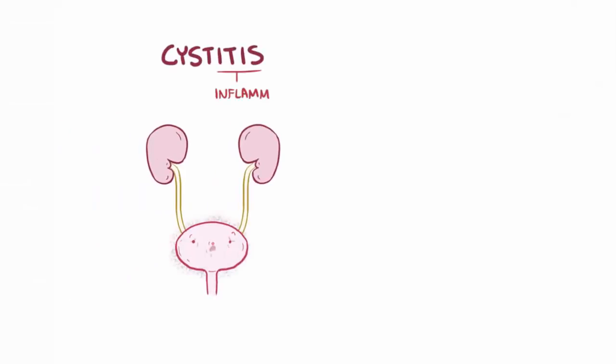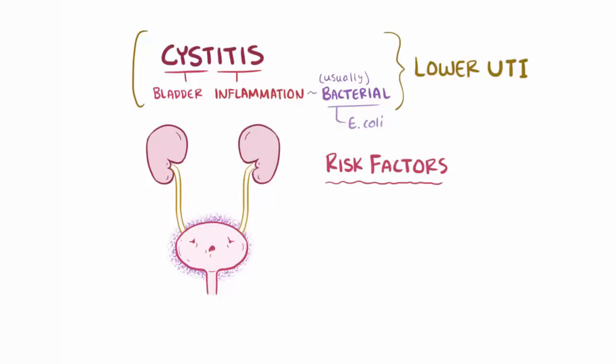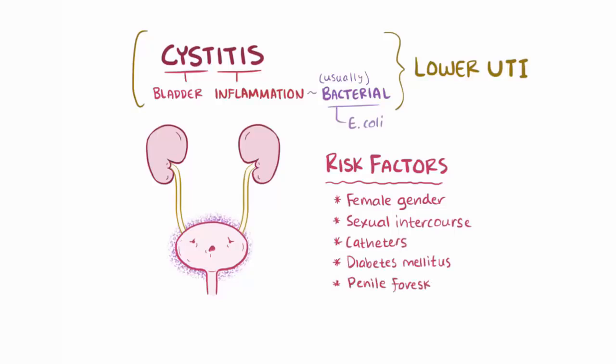Alright, as a quick recap, cystitis is inflammation of the bladder, usually caused by bacterial infection, which makes it a type of lower urinary tract infection. E. coli is by far the most common culprit, and risk factors include female gender, sexual intercourse, having catheters, diabetes mellitus, having penile foreskin in infant boys, and urinary stasis,